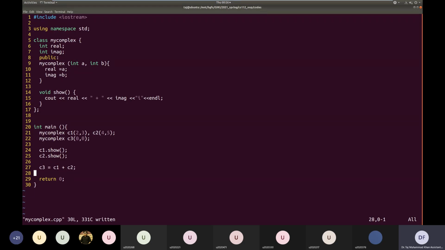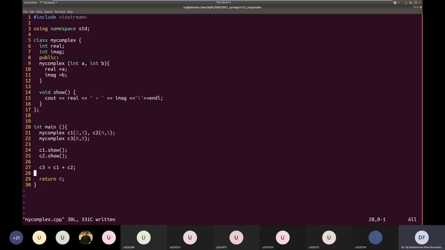So we know the mathematics has a theory for how complex number addition should happen. But the thing is, the C++ language does not know. You guys know how addition of a complex number should happen, but C++ has no idea what complex numbers are and how they should be added.